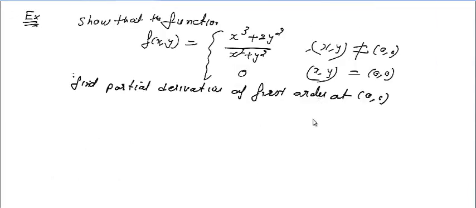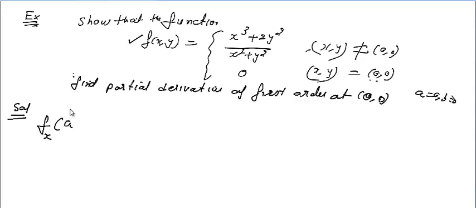This is a very important and very useful example to understand how you find the partial derivative at any point. Here the point is (0, 0). So at any point, when the function is given, with the help of the basic definition. So, solution: the function is given, I will not write it again. So you know that the partial derivative of the function at (a, b), here a is 0 and b is 0, at (0, 0).